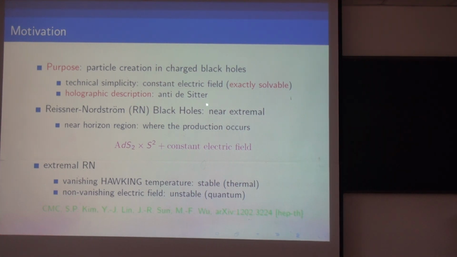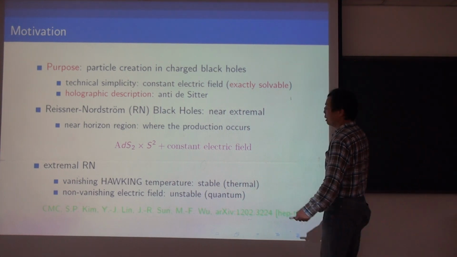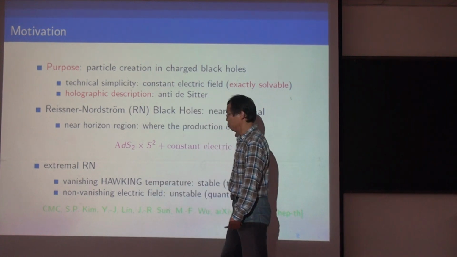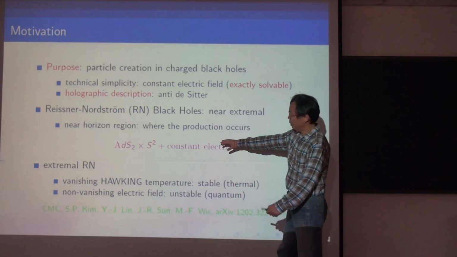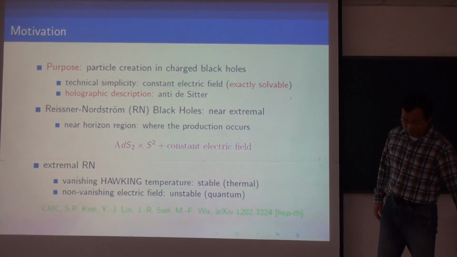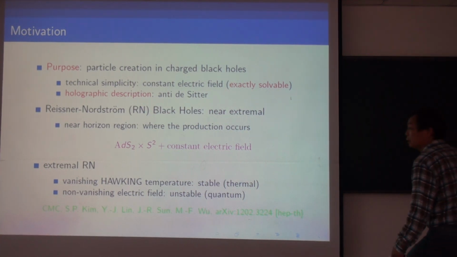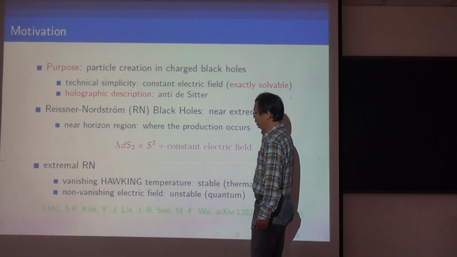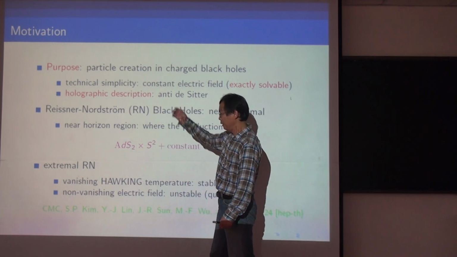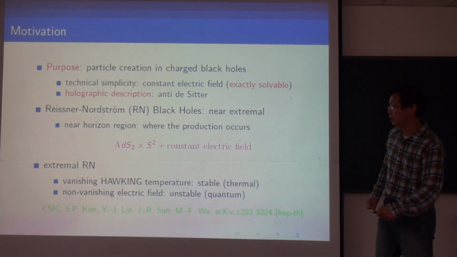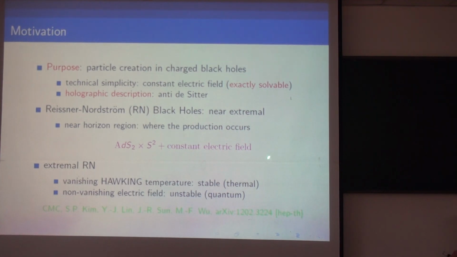And it turns out the Reissner-Nordström black hole in the near-extremal case really provides such a background. And remember, I just said that in the near-horizon geometry of the Reissner-Nordström black hole we have an AdS2 cross S2 structure, plus the gauge field, and if we check the gauge field, it actually has a constant electric field. So the electric field is constant in this system, and also we have AdS2 cross S2. In addition, some of the CFT information we already know from the previous analysis, for example the central charge and the temperature. Okay, so this is a good background, and we start to compute the